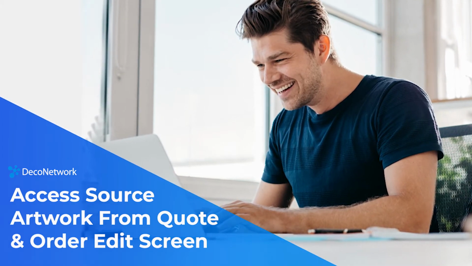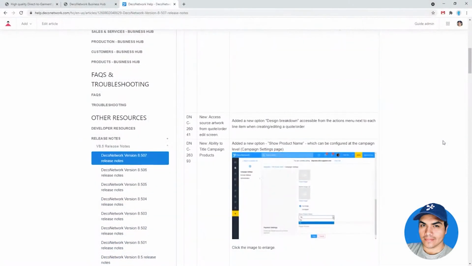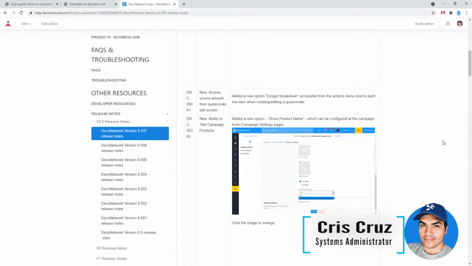Okay, let's jump on to the next highlighted feature here. This is also in Business Hub, and it's a new option that we have to access the original customer provided artwork before having to move that order into production. So this feature came about